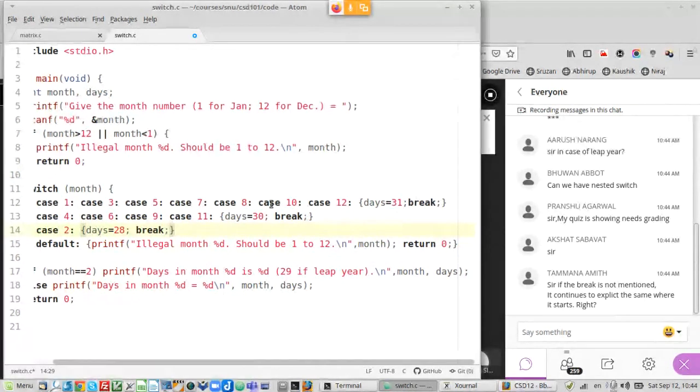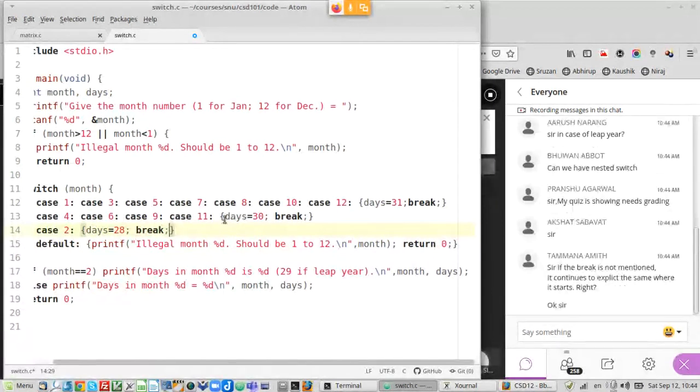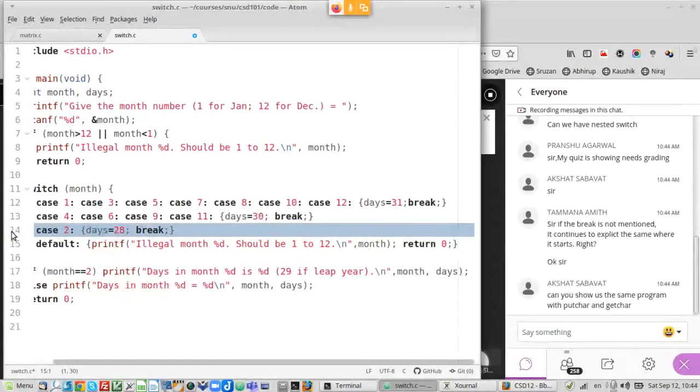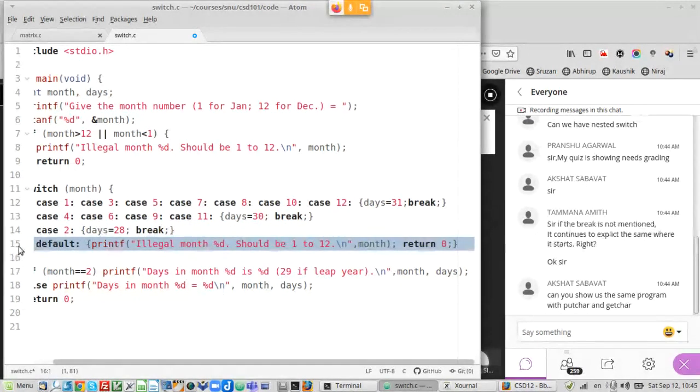Yeah, so if you haven't given a break, it will continue to the next case. Now this is a matching case, so it doesn't match, so nothing happens. Then it continues to the next case, that is this one. That again does not match. Then it continues to this case, which is default, which means it always matches. So it goes and basically prints that, right?